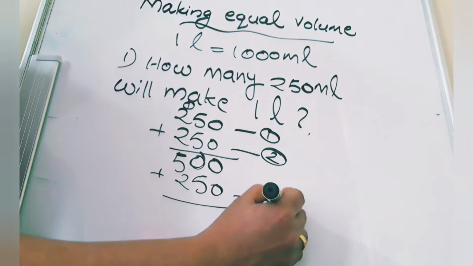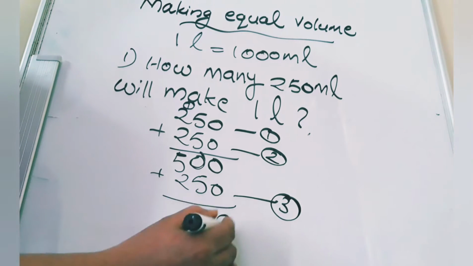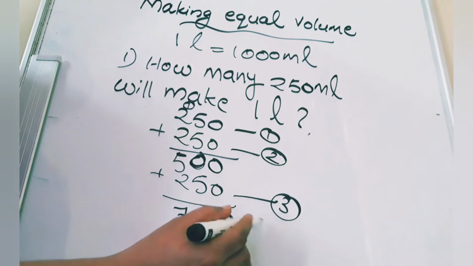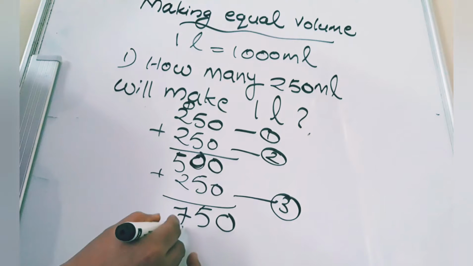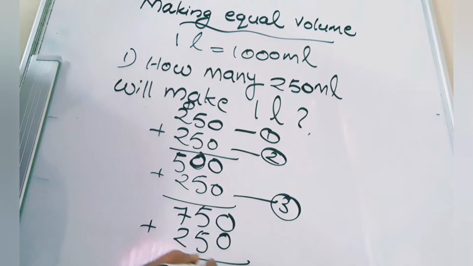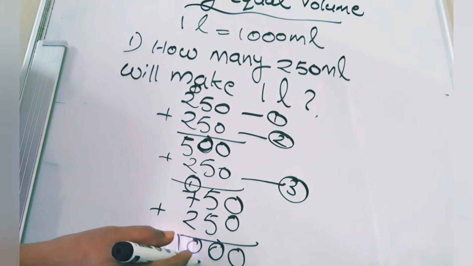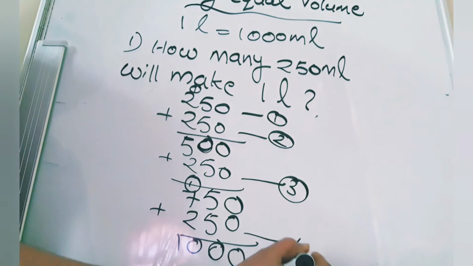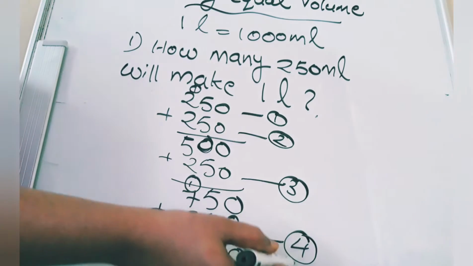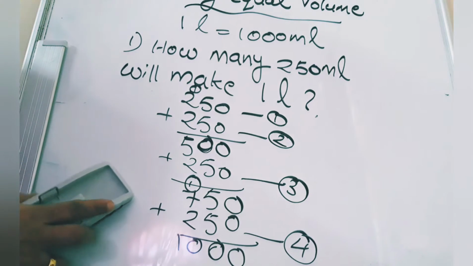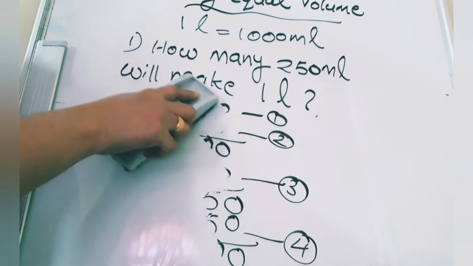So again you add 250 with this. Third time, so write third time here. 750 only we got. We should get 1000 ml, so you check one more time, you add 250. Then you will get 1000 ml. So I hope it is clear now. In this method you can try if you are not able to do it in the mind. The fourth time when we are adding, you write 4 times: 1, 2, 3, 4. The answer is 4 times 250 ml is equal to 1000 ml. Now a simple question is coming: how many 100 ml?